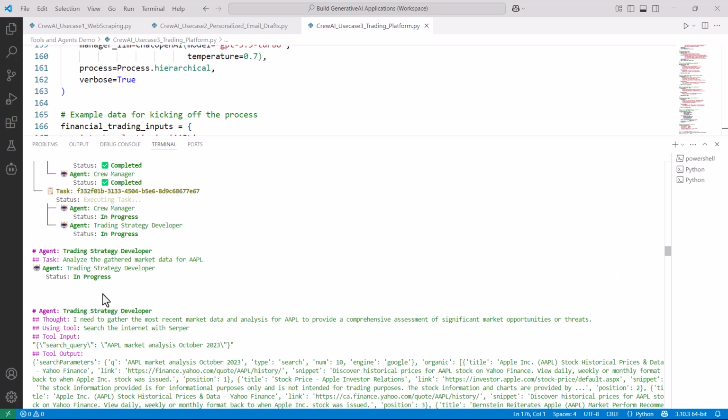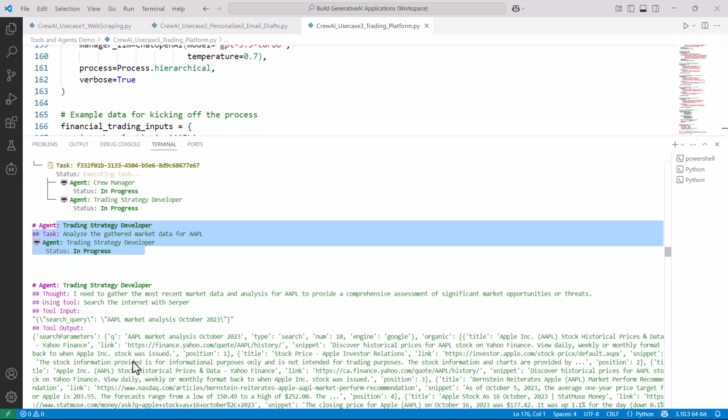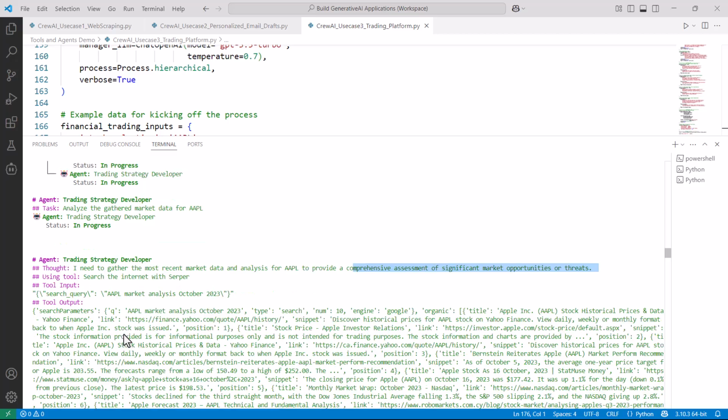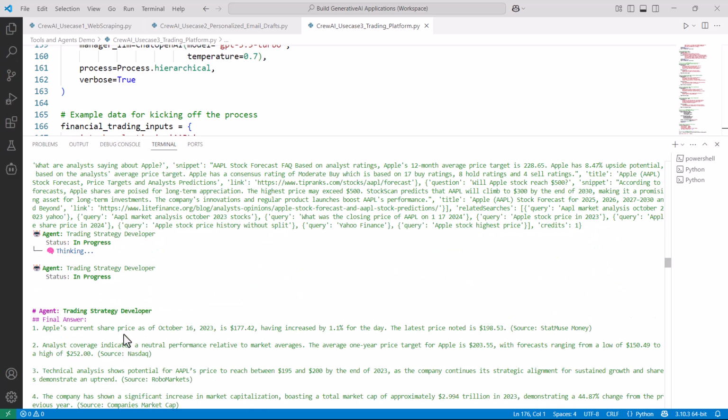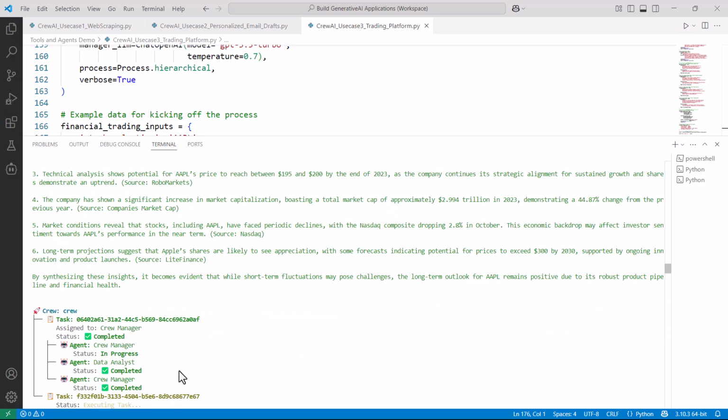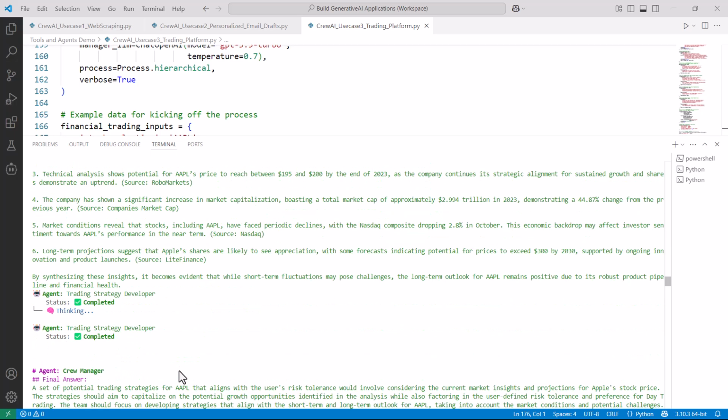preparing the trading strategy by using the trading strategy developer, right? I need to gather the most recent data and analysis for Apple to provide a comprehensive assessment of significant market opportunities or threats, right? So that is the task of the trading strategy developer, to develop a trading strategy, and it is trying to execute, and this is the final answer for the trading strategy developer. So it provided this strategy, right? And then again the crew manager is trying to evaluate,